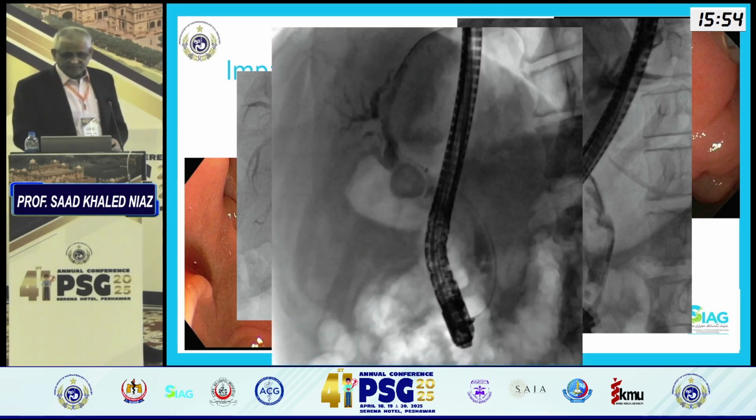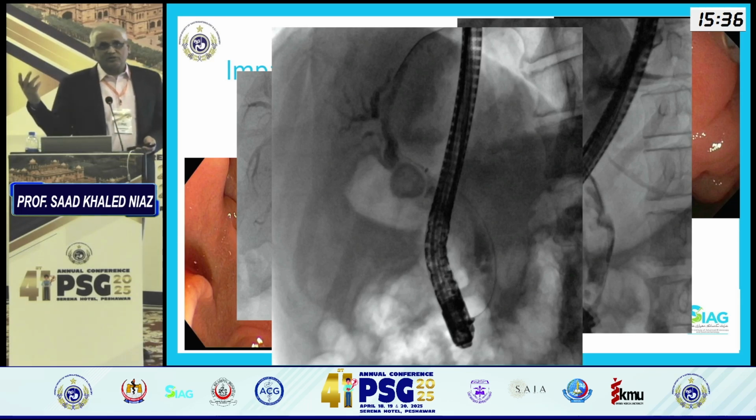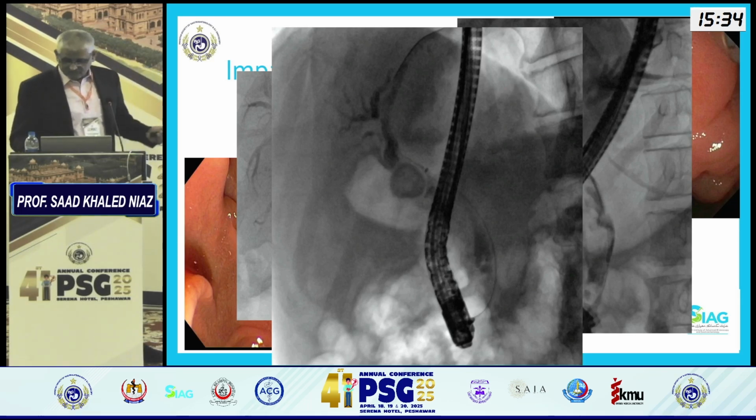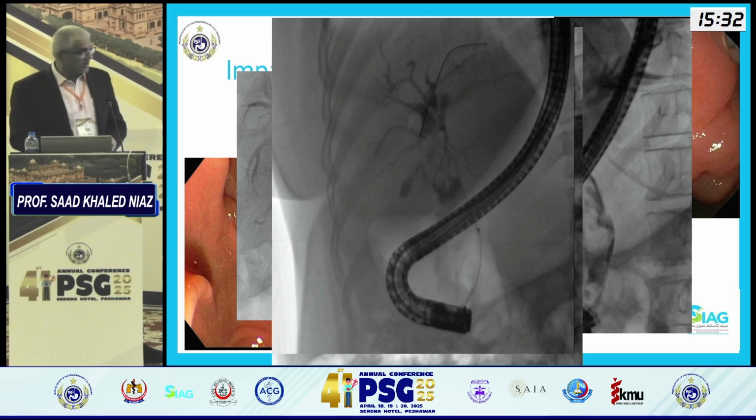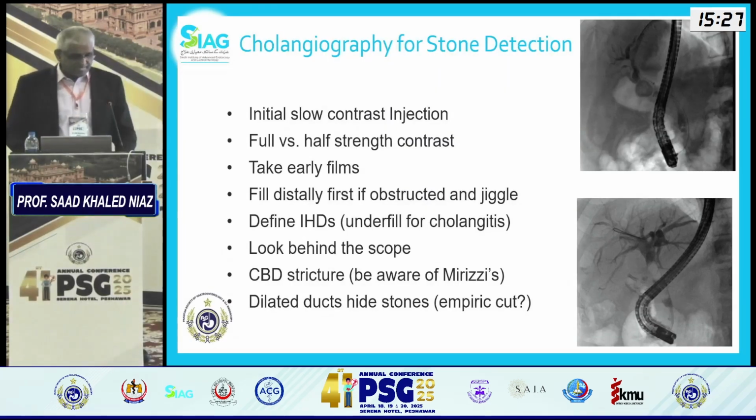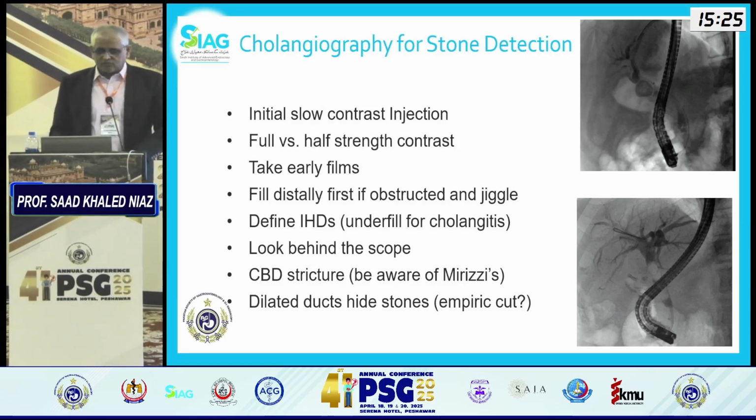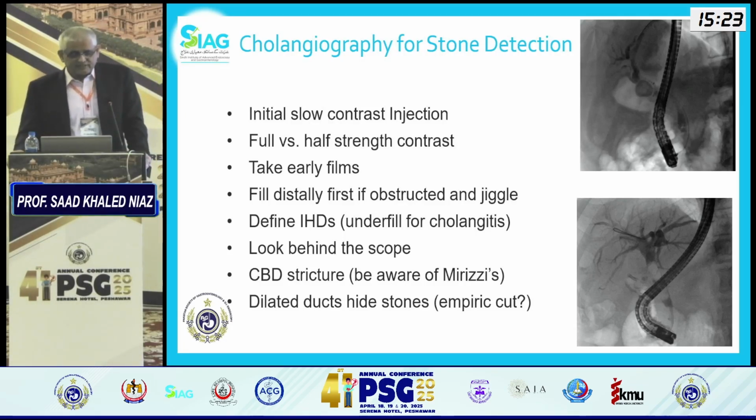And again, difficult stone, but stuck here. It would concern me because unless I see the dye going from this side, I would be very suspicious of this being a Mirizzi. So if you try and take this stone out and it's not actually in the CBD, I think the best thing is just to put a stent and come out unless you have other modalities. And you can see another large stone.